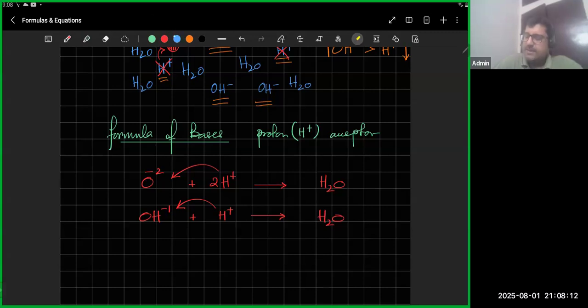So oxide is a base, hydroxide is a base. Next one. A carbonate ion is also a base. Carbonate, remember, CO3 2-, that's also a base because it's also a negative ion. If it sees an H plus ion,